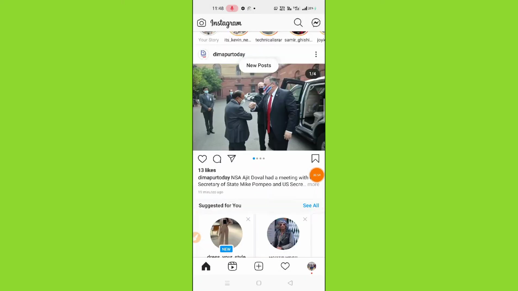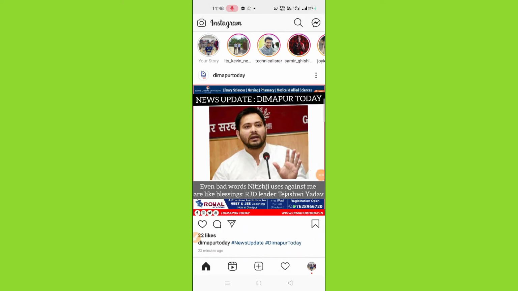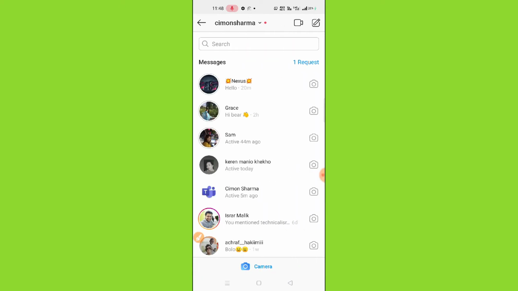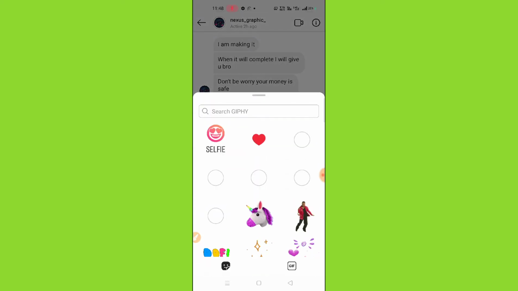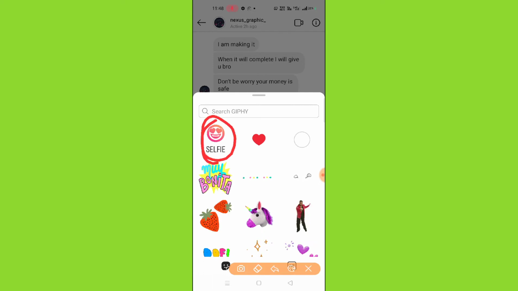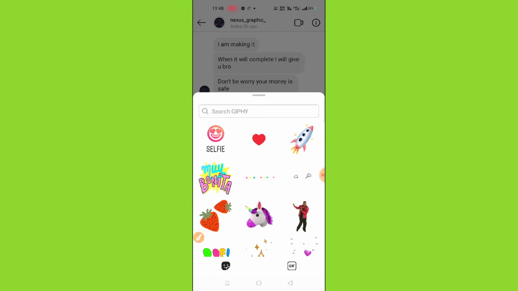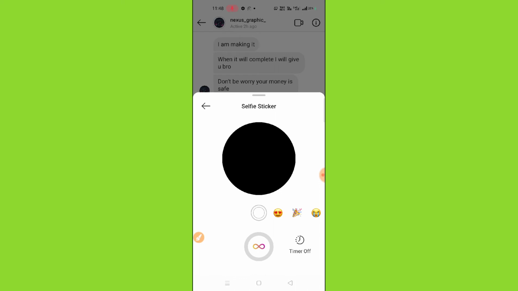So here what you have to do, let me just go here on the DM section. You can see here, so simply click on this DM section. Okay, so after going here, let me just click on the sticker icon. Here you can see you will find a latest selfie features that is very cool. Let me just click here, and then here you can see you can get the